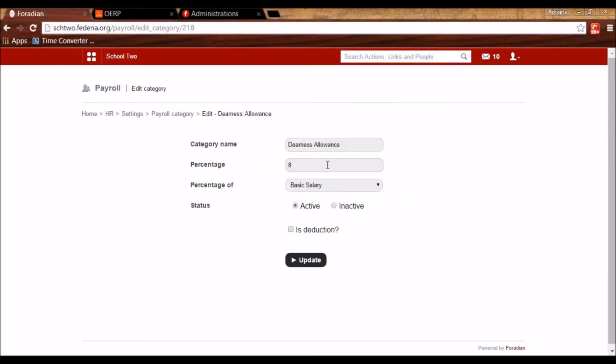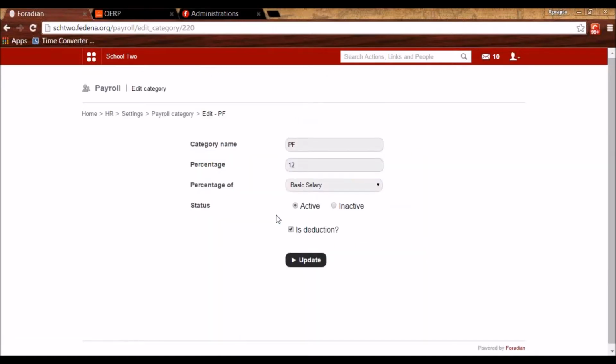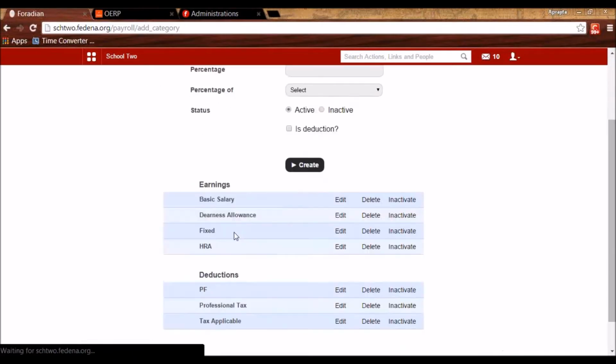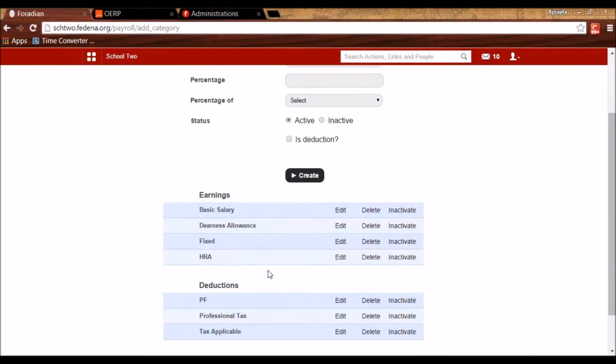So it is a dependent component. And again, it's an earning. Let me show you a deduction that I've created here. PF is 12% of basic salary and it is a deduction, so I'm checking this. So like this, I've created 8 categories here, 7 categories here. And when I admit an employee, against each of the categories, I need to enter the figures for each employee.